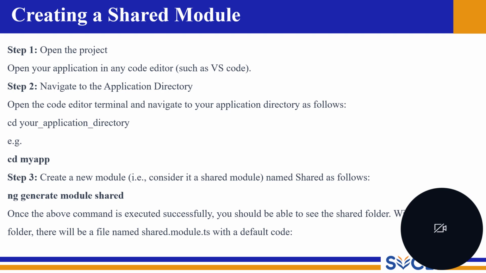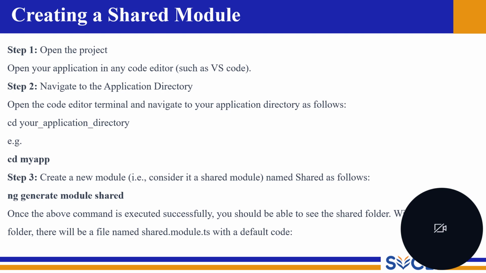First, you have to create a shared module. In step 1, you have to open the project in an editor such as VS Code. In step 2, you have to navigate to the application directory. Open the code editor terminal and navigate to your application's directory as follows. Example: cd my-app. In the third step, you have to create a new module